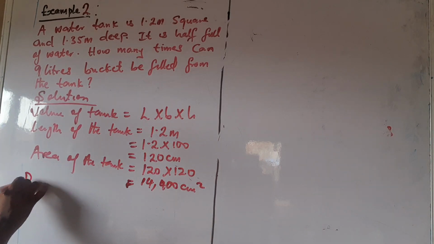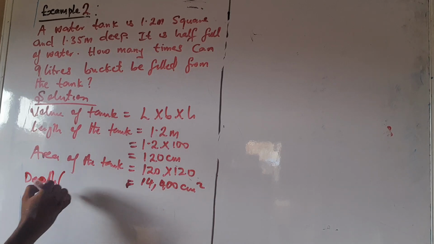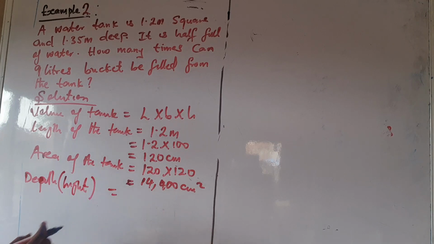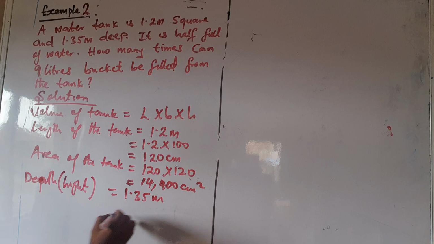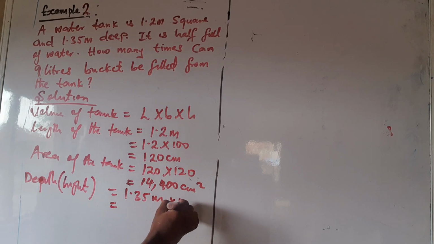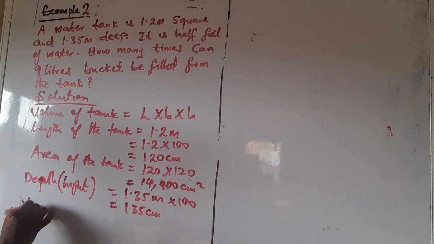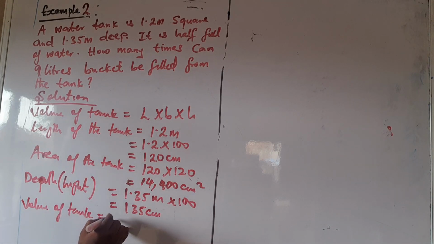And we are talking about the depth. They give us the depth of it, which is talking also about the height. And that is given to be 1.35 meter. So we convert this to centimeter by multiplying with 100. That is 135 centimeter. So with this, the volume of the tank will equal the area